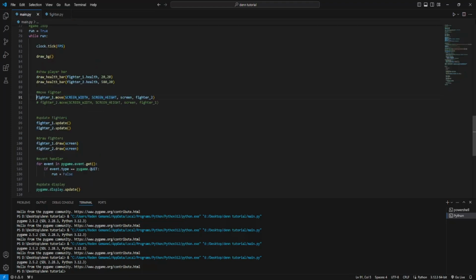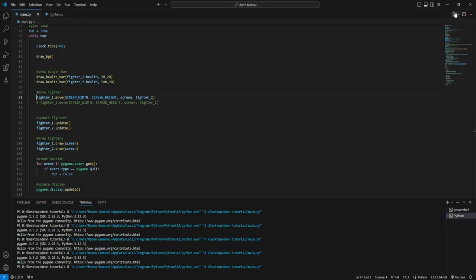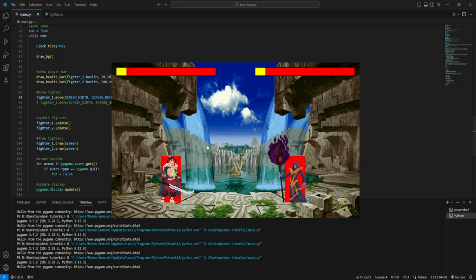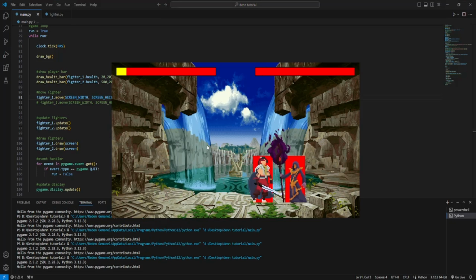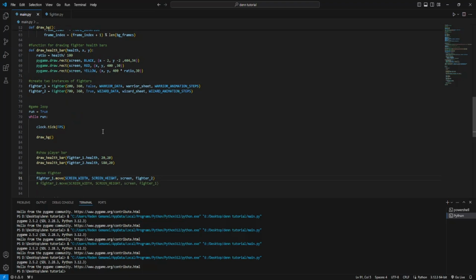Successfully attack the target, health is reduced by 10, and the target's hit variable is also true. So it means that we hit the target and should now run through the hit animation. So we run through it. Okay, so it worked and it didn't work. You can see that he's just a little bit crazy, I don't know what he's doing, but basically he's just running through the hit animation constantly,